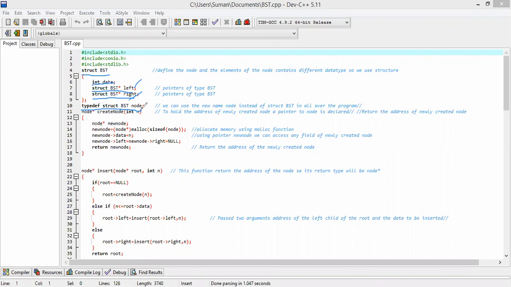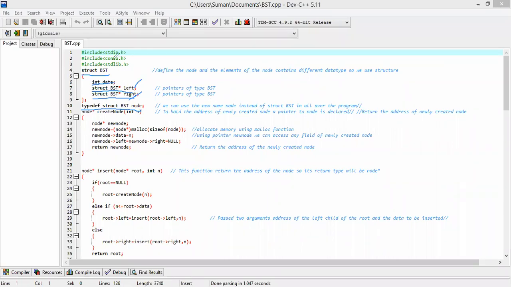Typedef struct BST node means whenever we use struct BST, we can use the new name node instead, all over the program. That's why we have used typedef. Whenever the name struct BST would be used, it will be replaced by node.